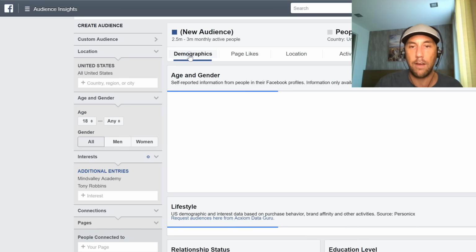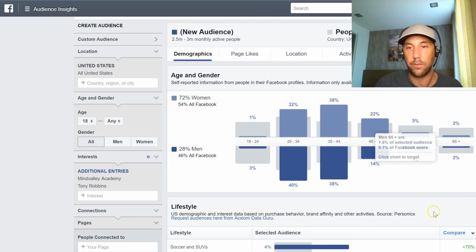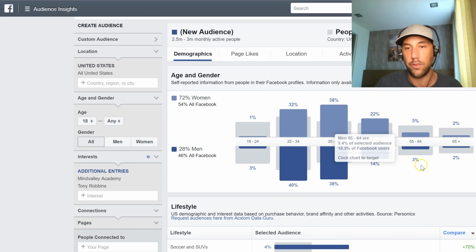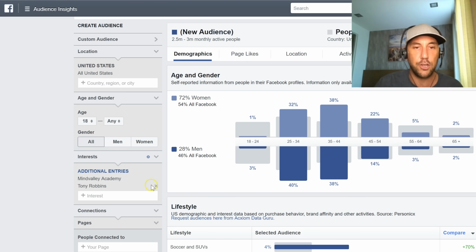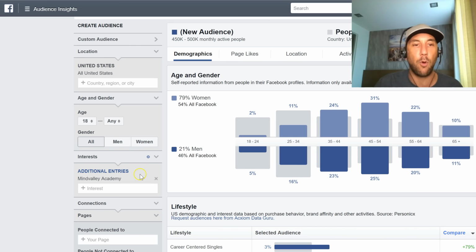And you'll even see on the demographics, these demographics have changed. Now it's 5% on the older demographic. And what I can do is toggle these off by clicking remove. And now I'm only looking at the Mind Valley Academy segment, which is 450,000 to 500,000 monthly active users. And I can see the age range of their users starting to skew a little bit older, which is interesting. Generally, the older demographics have a little bit more spending money in their pockets than the millennials and the Gen